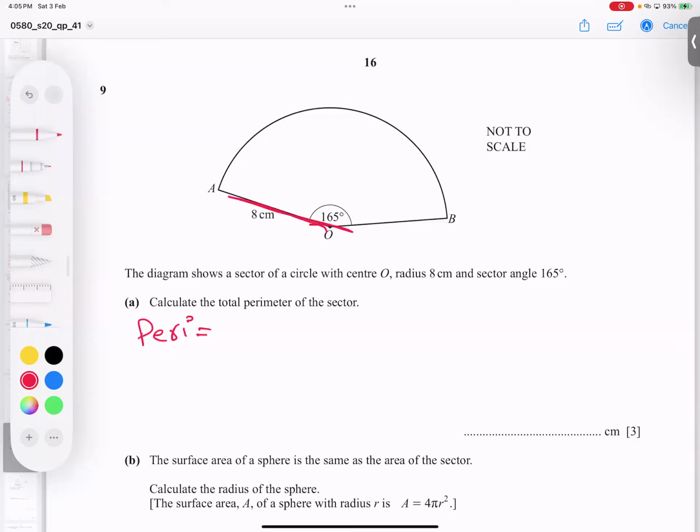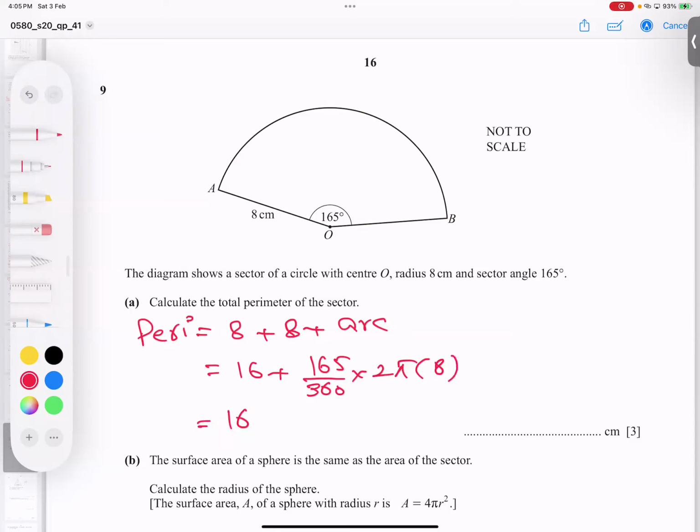So radius 8 one time, 8 second time. So 8 plus arc length. Which arc length? This arc length formula, and theta, 8 plus 16. And the arc length formula, all of you know, theta over 360 degrees into 2 pi r. For one reason I am typing this separately, and I will tell you why. So this is coming 22 by 3 pi. Some logic behind it you will come to know later on, because this is called arc length. So arc length is 22 pi by 3, which I